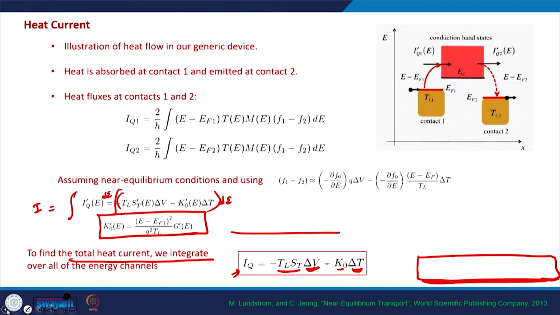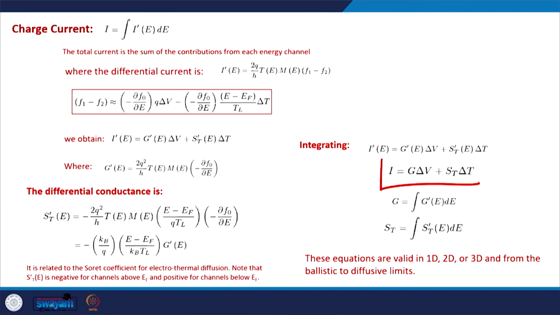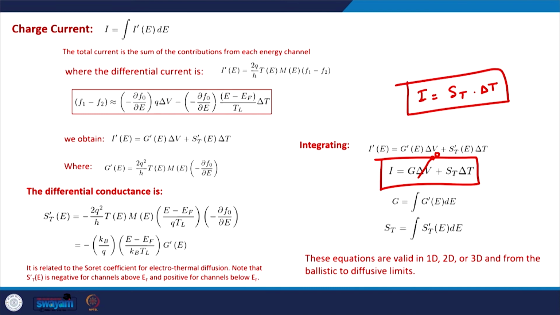So in a way, this Seebeck effect is a natural consequence of this idea. Seebeck effect naturally comes from here, even if we do not have any voltage difference across the semiconductor, which means delta V is 0. In that case, I is given by ST times delta T, which means there will be a flow of electrons in the conductor, and if the conductor is open circuited, electrons will accumulate on one side of the conductor, creating an open circuit voltage, and that is essentially the Seebeck effect. This open circuit voltage is also known as Seebeck voltage,